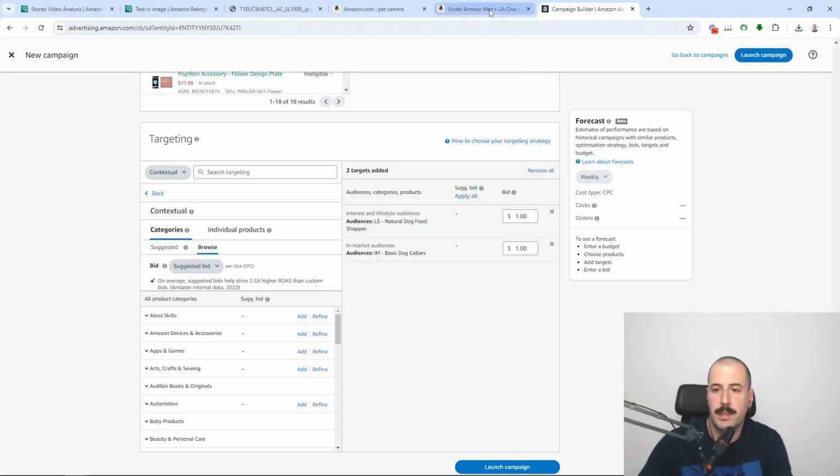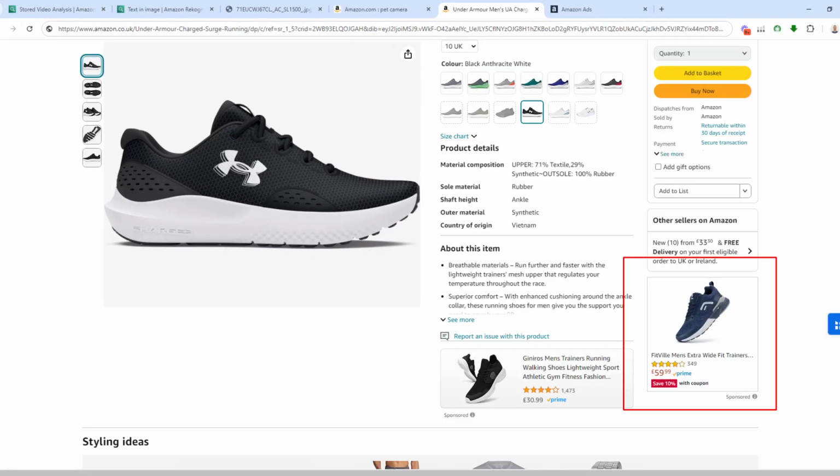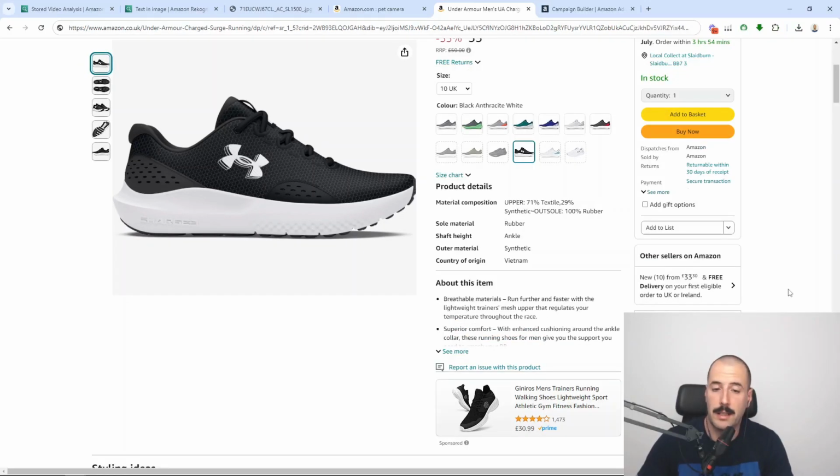What that means, for example, take a look at this one. So this is a product. Imagine that this is your product. You're selling this Under Armour running shoe, and this Fitwheel men's extra wide trainers are bidding on your listing and attacking it. So what you can do is add your own ASIN to your sponsored display contextual targeting. That way you can have your other product appear here. So you're actually paying money to protect this placement